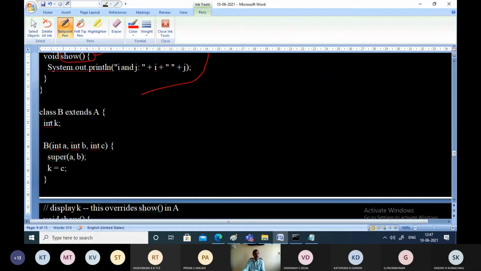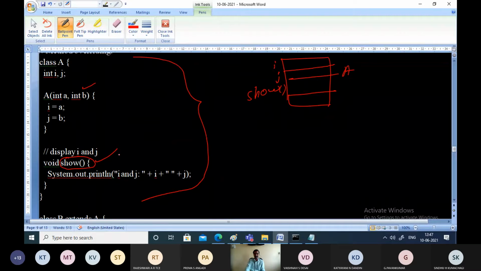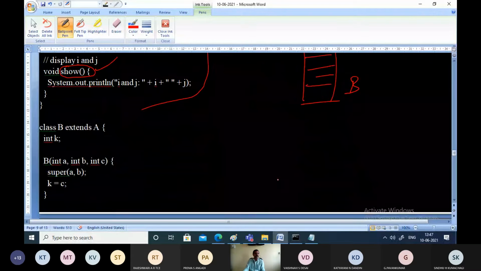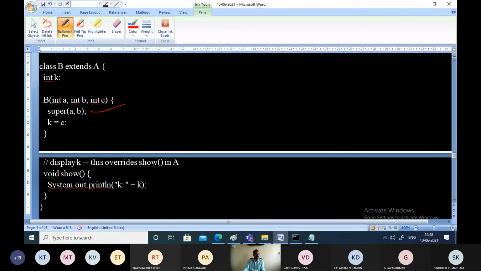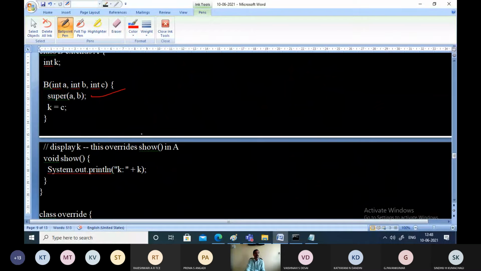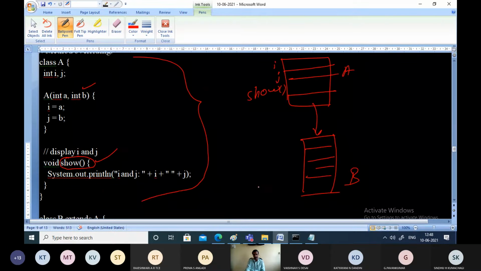Next, you can see class B is extending class A, that is the inheritance hierarchy. As usual, class B will get members, and this is calling the constructor of the superclass, which we already know. But when you look at the definition of class B, here we have a method which is present in class B. What is its name? Its name is also show. This is where we have to concentrate now. Remaining everything is known to us.